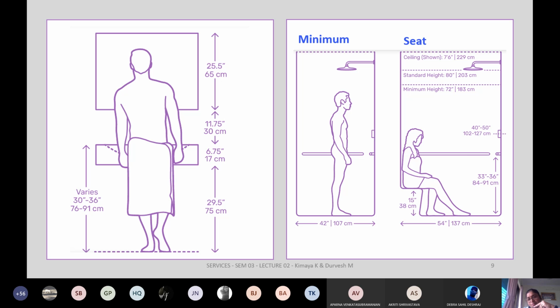Okay. Now, on your right hand side, you can actually see where the access panel is, where your mixer or your diverter or your tap is going to be. Where you do the adjustments for your shower and things like that. So that is at around 102 to 127 centimeters, and your tap is actually between 84 to 91 centimeters. Now these are actually, if you go in the market, you will have standardized sizes and heights as per the makes. So you have a lot of makes. You have Jaguar, you have Grohe, and so many are there in the market right now.